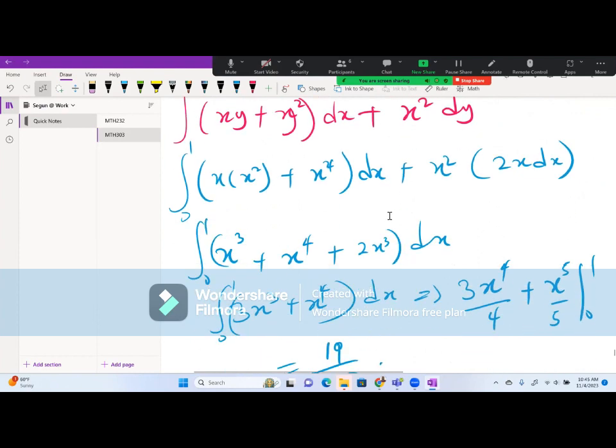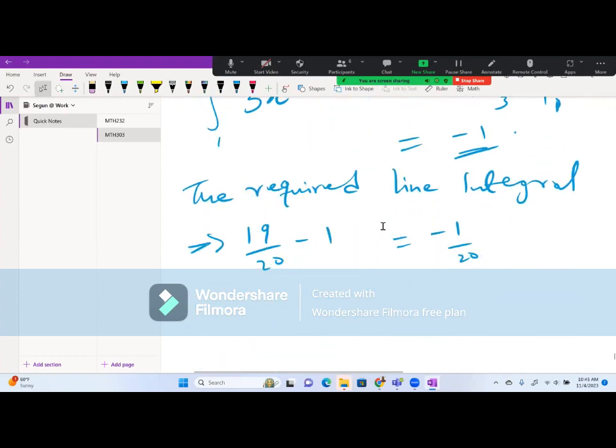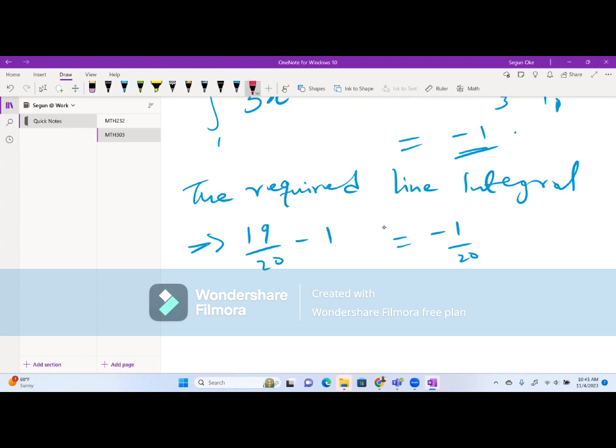So meaning that after we've solved all these, we have this. But now let's look at the second part of it. The second part of it says, the double integral over the region of the partial of Q with respect to x, minus the partial of P with respect to y, dx dy. So, if that is the case, what is